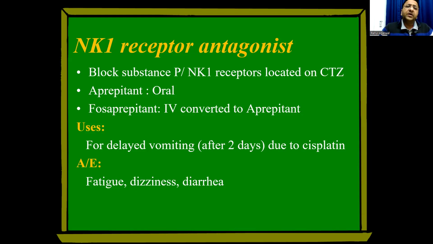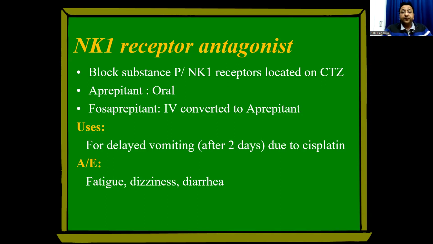So when you give a drug orally, even if it is not going inside the blood-brain barrier, inside the brain, it can still be activated there. We have aprepitant oral and fosaprepitant. The phos group is added, which is converted for IV use. NK1 receptor antagonists are basically used for the delayed vomiting, which occurs mainly with the platinum group of